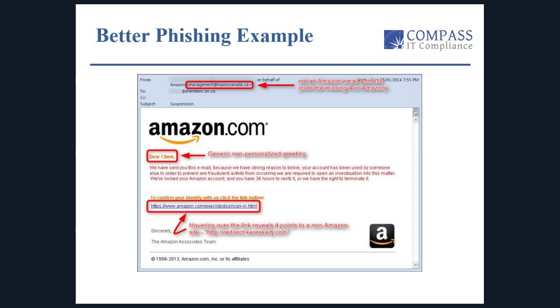So in Windows, I think even in Mac, others may be able to verify that for me, but if you just take your mouse and put it over that link, just put it right over, don't click on it, you'll see it pop out either at the bottom, maybe towards the bar at the bottom, and it'll show you where that link is really going. You could put something completely legit as the syntax you see, but in order for it to go somewhere, you have to put it in the back-end code, and that's what this will pull out for you. You'll see in this example, it goes to redirect dot something. That's not legit. That's them trying to get you to drive that action to that site.